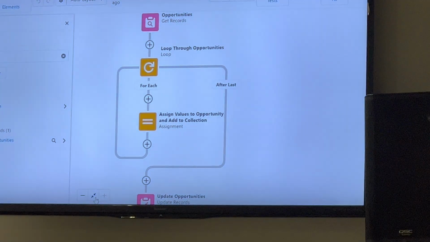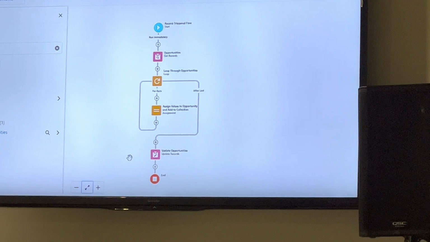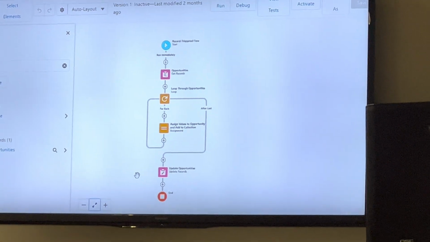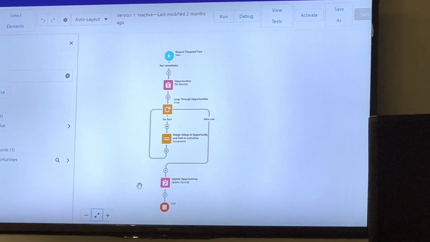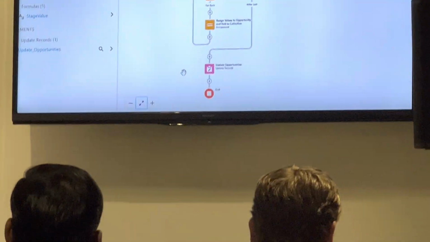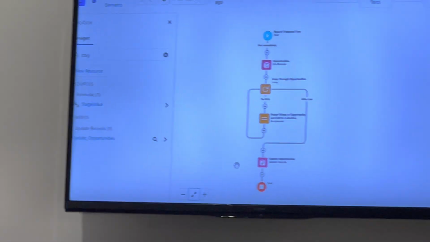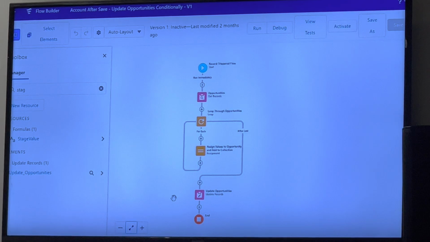These flow canvases can get a little more complex in the after-save world, but again, I think keeping them focused on the actions that they're executing can help you make them more efficient and give you that flexibility and granularity to only run the flows that need